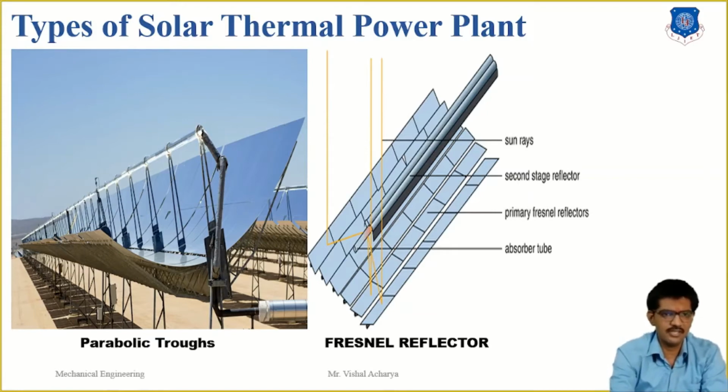Here you can see the linear concentrating collector field in these two figures, consisting of a large number of collectors in parallel rows. They are typically aligned in a north-south orientation to maximize the annual and summer energy collection. With a single axis sun tracking system, this enables the mirrors to track the sun from east to west during the day, which ensures that the sun reflects continuously onto the receiver tubes.